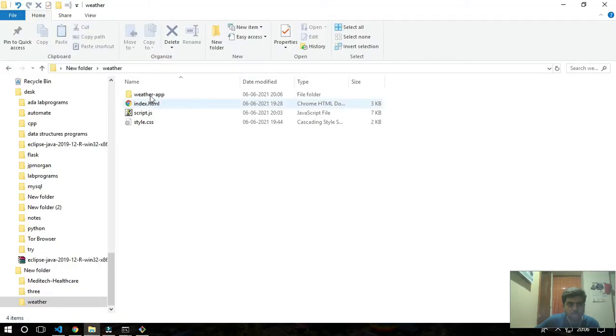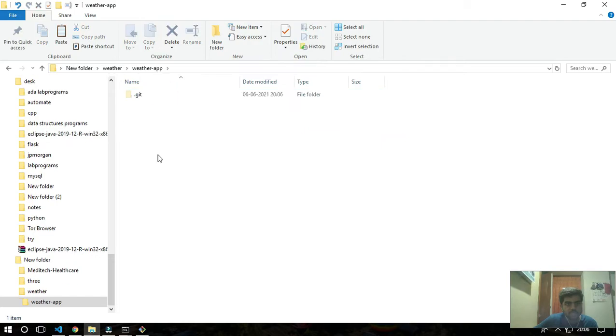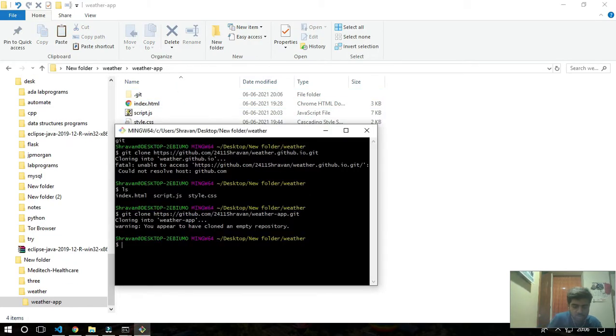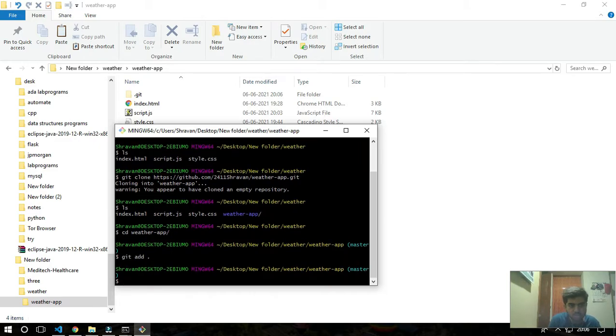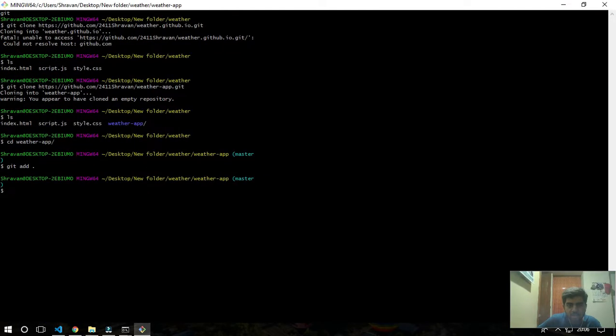Now inside this weather app just copy and paste these three things. After this just change your directory, list all the items, change your directory to weather app, then git add files. If you don't know how to use git, just create a repo and follow the steps.